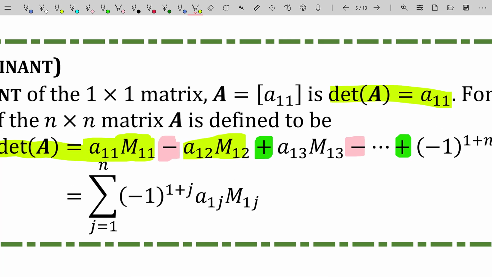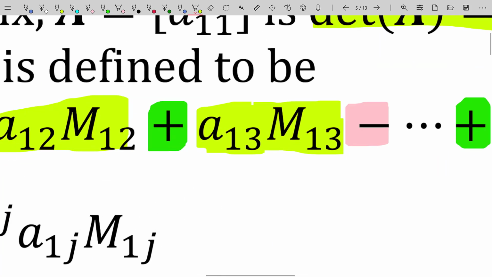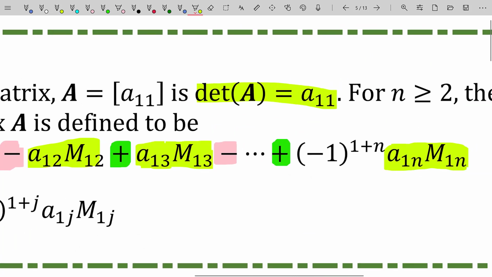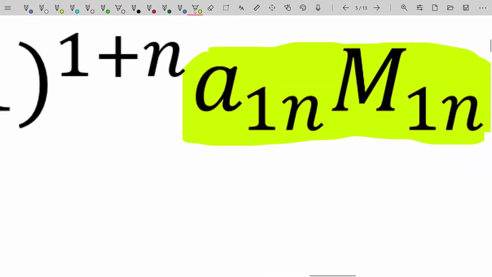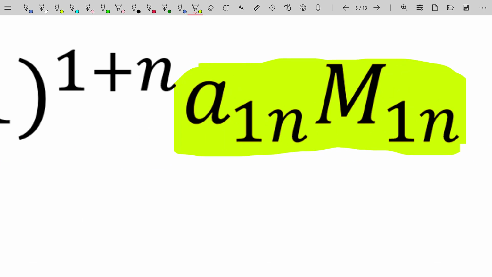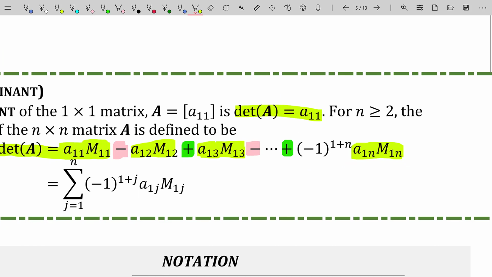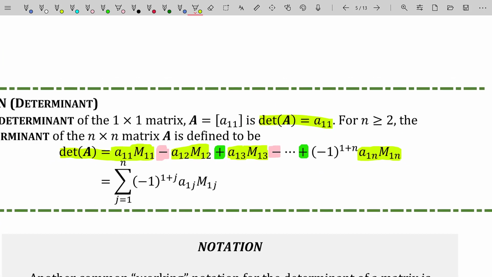Anyhow, once we're done with the first row, second column, we move to the first row, third column of A, take that element and multiply it by the determinant had we removed the first row, third column from A. This process continues until you're finished with the very first row of A. You can see this entry right here is saying I have the first row, last column element from A, and I'm going to multiply that by the determinant of the matrix remaining after we remove the first row and nth column from A. Now that looks very hard to read and understand, but once you do it in practice,